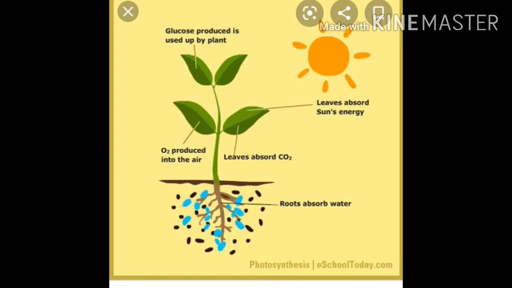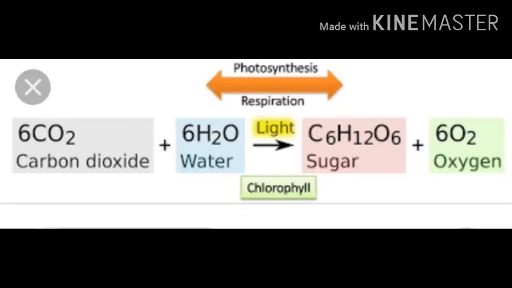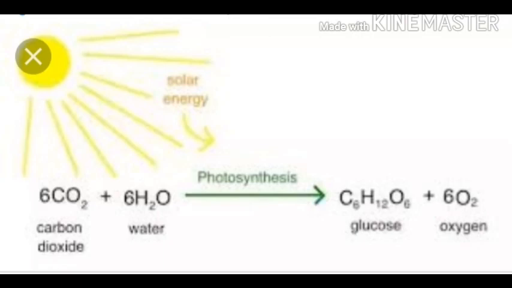So dear students, there is also a reaction which shows the full process of photosynthesis. In this reaction, you see 6 CO2, that means 6 carbon dioxide, plus 6 H2O, that means 6 water. In presence of sunlight and chlorophyll, they produce C6H12O6, that is sugar, plus release 6 O2, that means oxygen. In the next figure you also see 6 CO2 plus 6 H2O, and the photosynthesis products are C6H12O6 plus 6 O2.